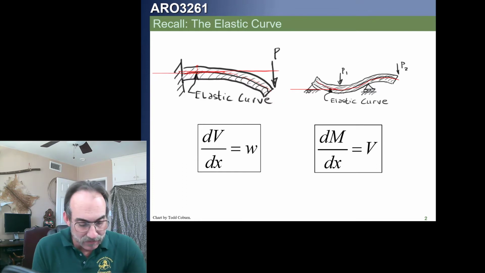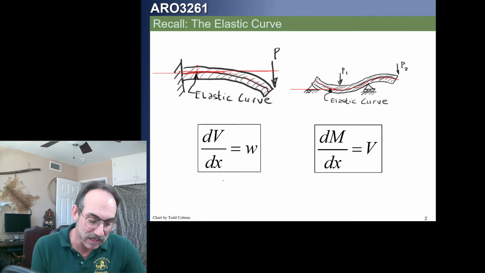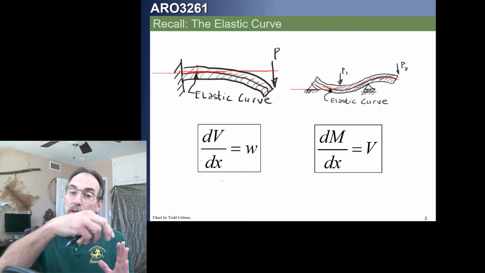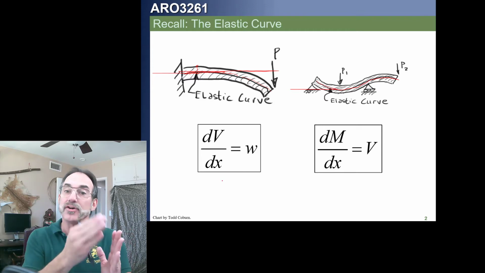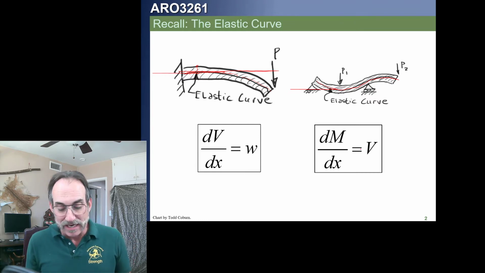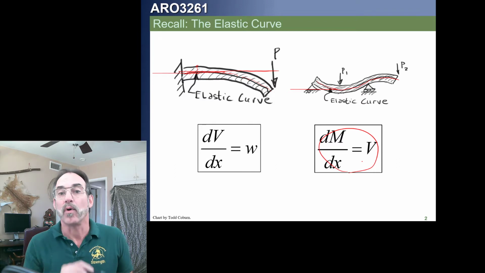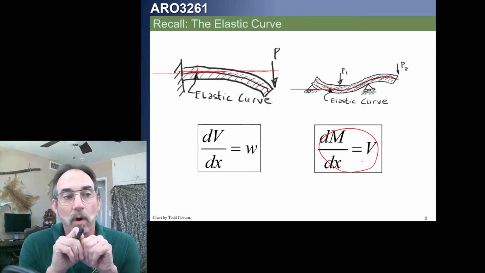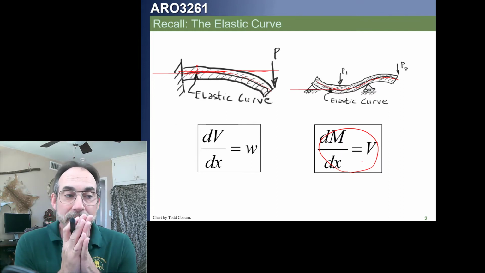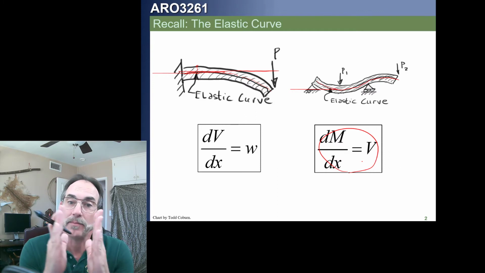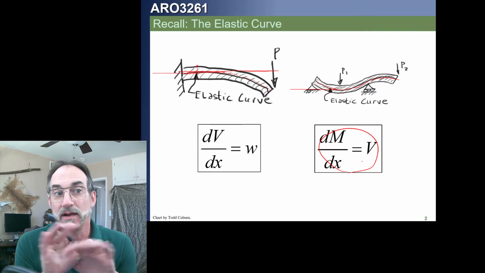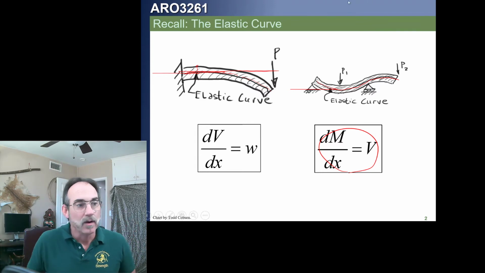We also saw that the change in shear with respect to x was the loading. So if we have a loading, then the shear changes. If there's a transverse force, whether it's a distributed force or a point force, then the internal shear changes. If there's no transverse load, then the shear does not change. In the same way, we saw this relation for the moment and the shear, where the shear is the change of the moment with respect to x. So if the moment changes from one point to another, then there's a shear. If there's a shear, it will change the moment. Got that? We saw this principle last lecture. With that said,